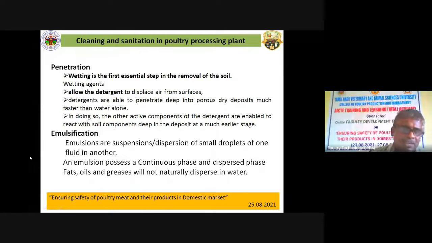Then the third step, the third physical reaction related to cleaning, is emulsification. We all know the emulsion consists of two components. One is the continuous phase and the second one is the dispersed phase, and it is made up of two immiscible liquids. So here also we are using the